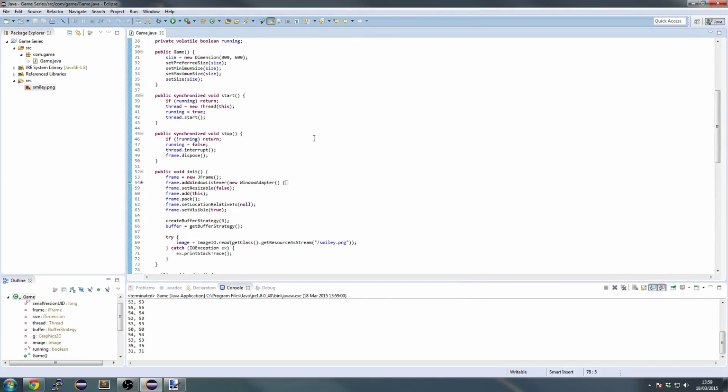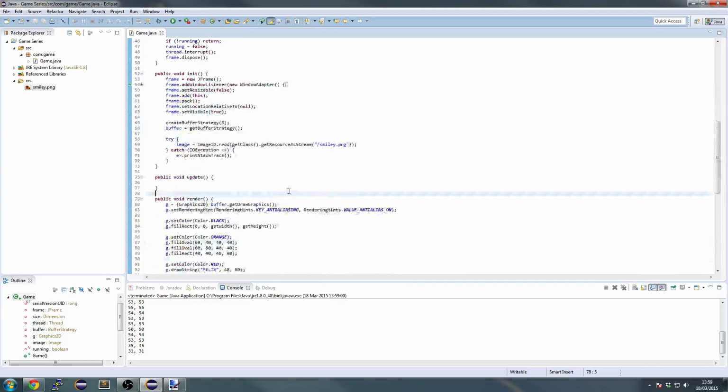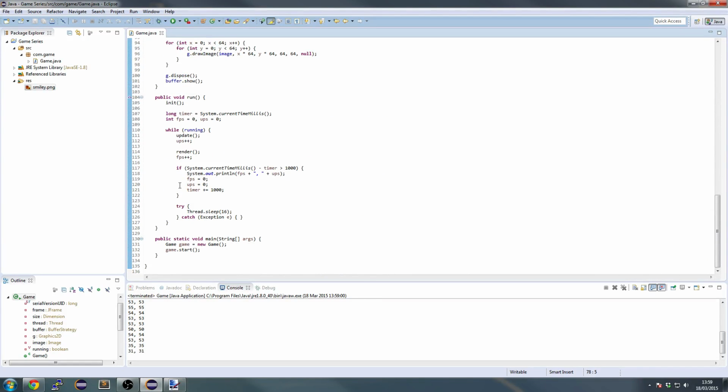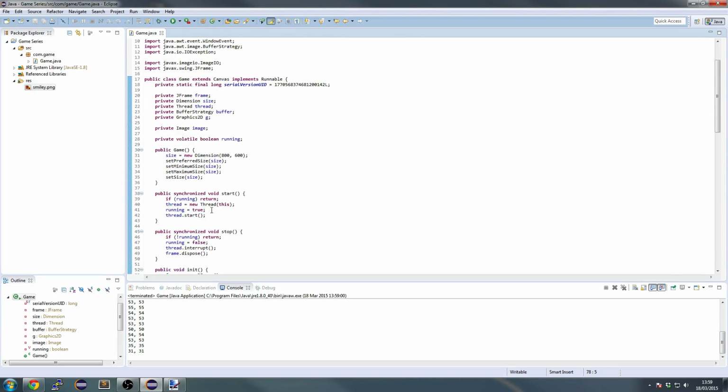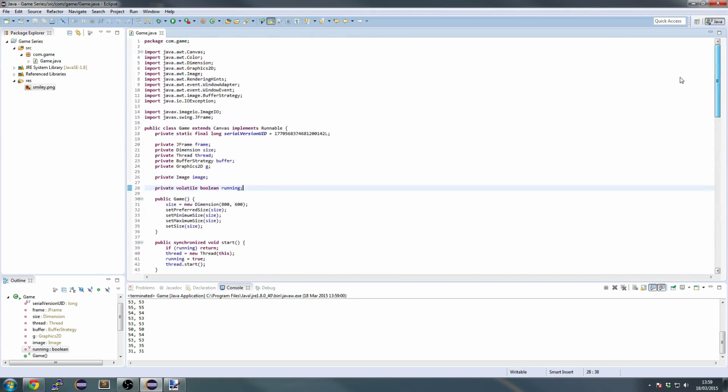Next episode we'll be looking at actually doing the FPS properly, so we're not hacking it in with the thread.sleep. Eventually I'll also look at some more advanced things, like a state system for changing states. This is only in one class as well, which isn't really very good. But this is the back end for our game, and the rest is going to be